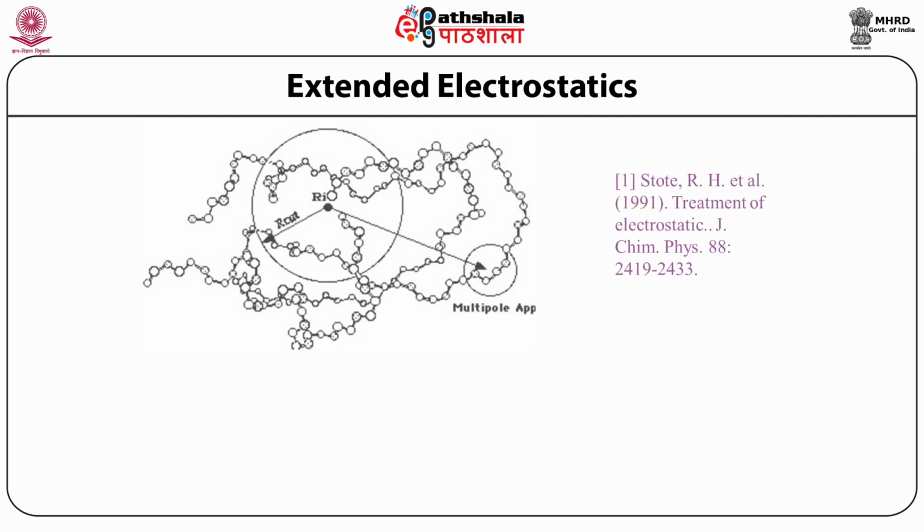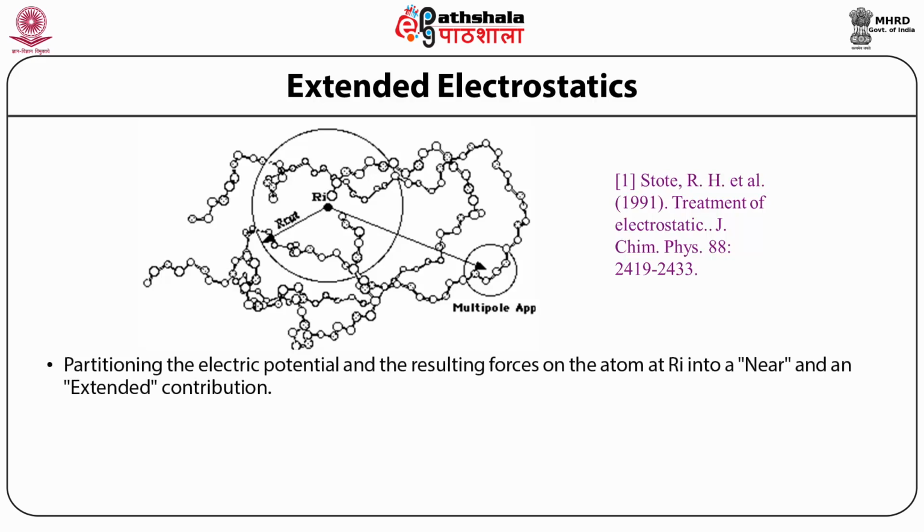How one does extended electrostatics. This is a little less computation intensive than the previous one. What one does is use only the near contribution, that is the short range interaction at the active site in the circle, if you look at the circle. And then every charge inside the large circle is calculated, and distance is calculated by the small circle center. And the small circle depicts the multipole approximation.